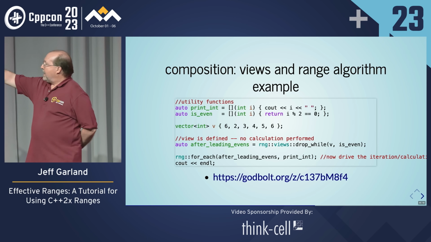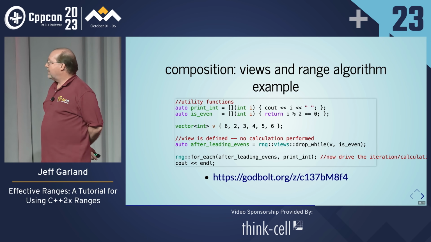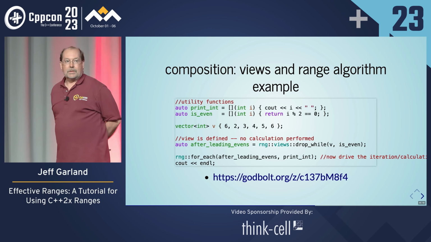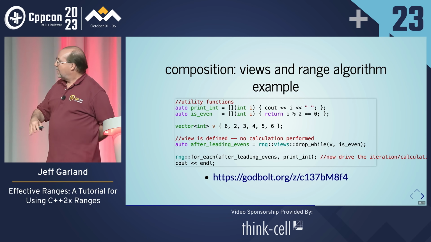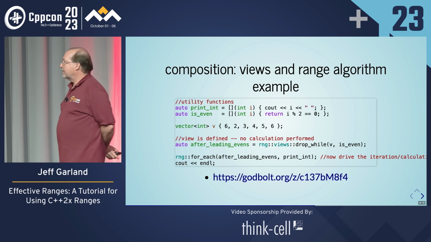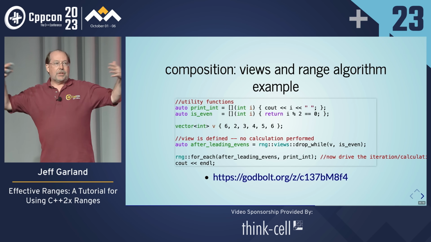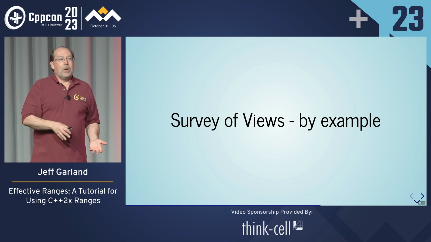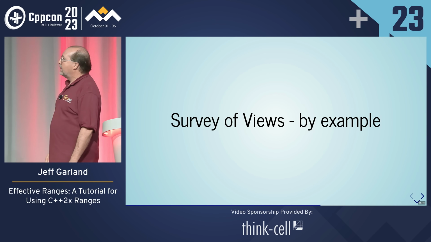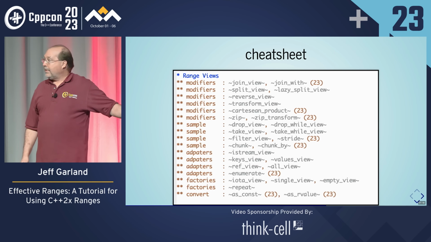The drop while basically calculates against the predicate and says, drop everything until I find something that's not even. So as soon as I find the first odd value, I iterate over the entire rest of it. Okay? Composition. Ranges compose. Iterators are much more difficult to compose. All right, so here's the survey of all of the views